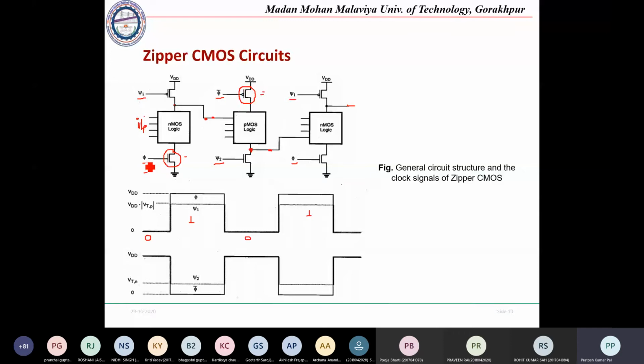So that's why the phi, that is the first clock, is there. This clock has a minimum value 0 and maximum value 1. Similarly, the other clock has the opposite: its maximum value is 0 and minimum value is 1. This is phi bar, and this is phi. Its opposite will be there. But once the evaluation has occurred, there will be a pre-charge phase. So this is your pre-charge, or we call it pre-discharge.